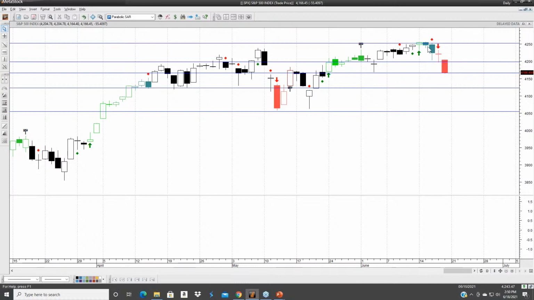So outside of that, this is probably some profit taking that we're seeing off these highs around 4250 on the S&P. And generally profit taking, in the absence of a catalyst to push prices even lower, is only temporary. So in terms of catalysts that could derail the strong uptrend that we've been in,